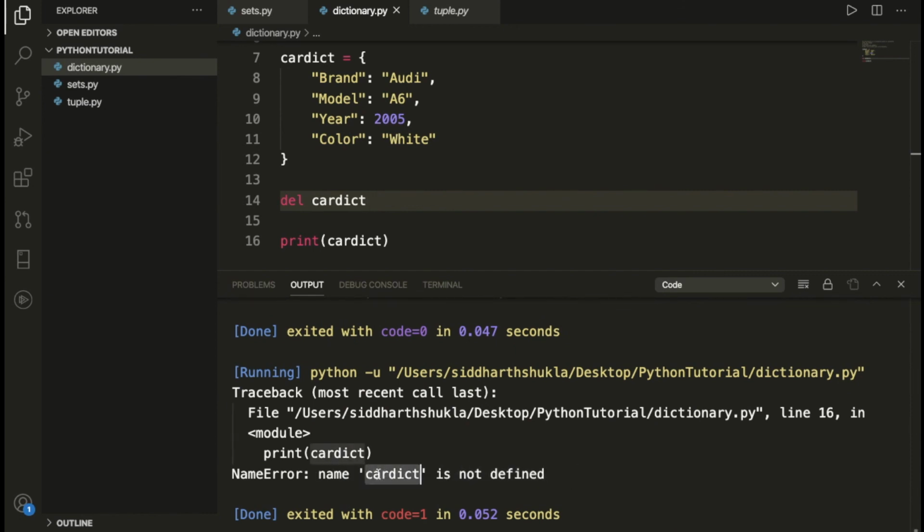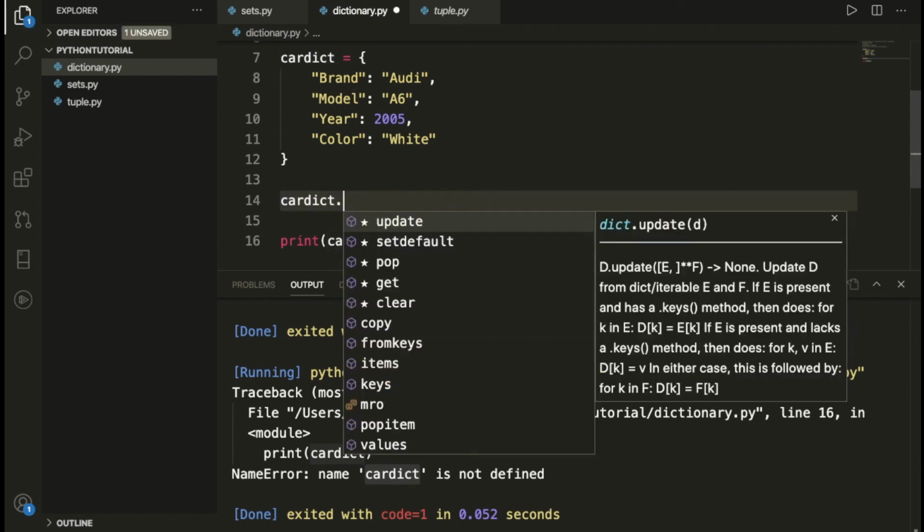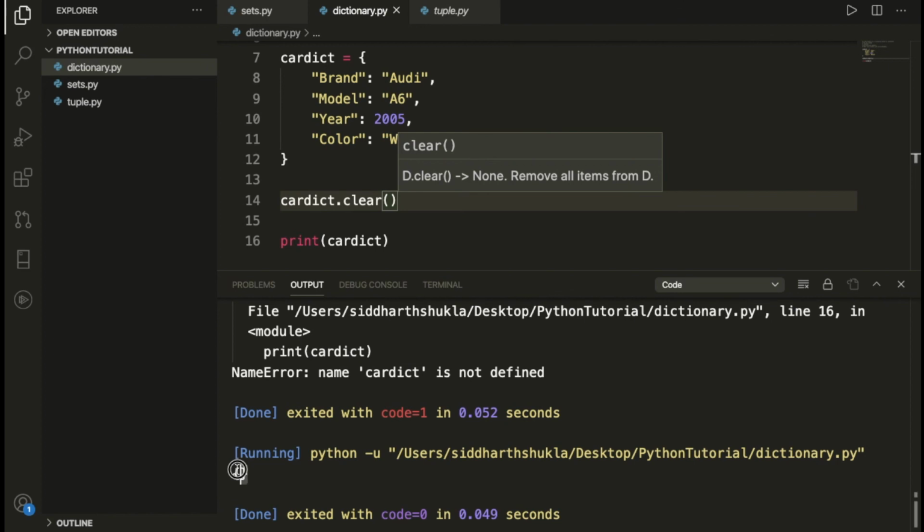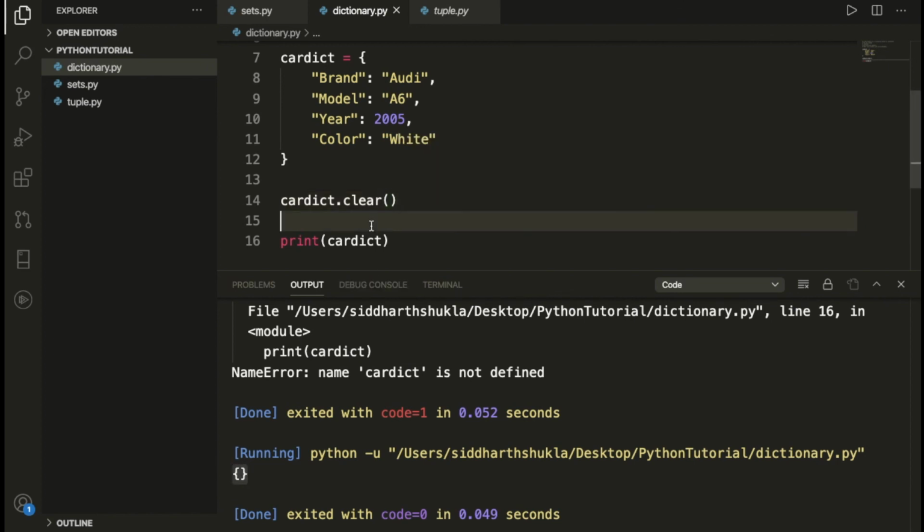Also, you can use the clear function: CarDict dot clear. Just execute the program and we get an empty value using this function. So we can use that particular function in our program. Hope this is clear.